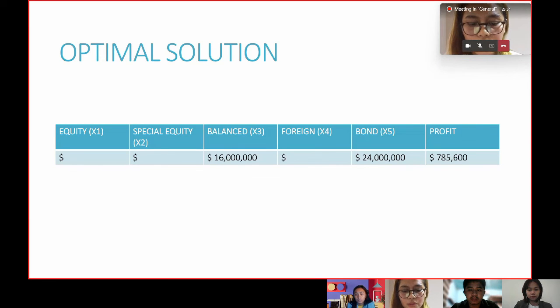Since we already identified the necessary information, we were able to determine the possible allocation of the $40 million investment by the use of Excel Solver. The optimal solution is to invest in balance and bounds with an amount of $16 million and $24 million respectively. The initial investment of $40 million will gain us a profit of $785,600. Next slide,